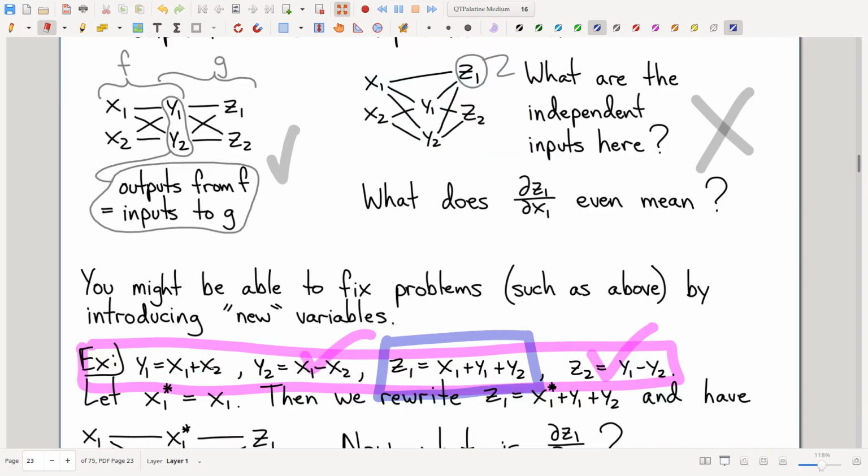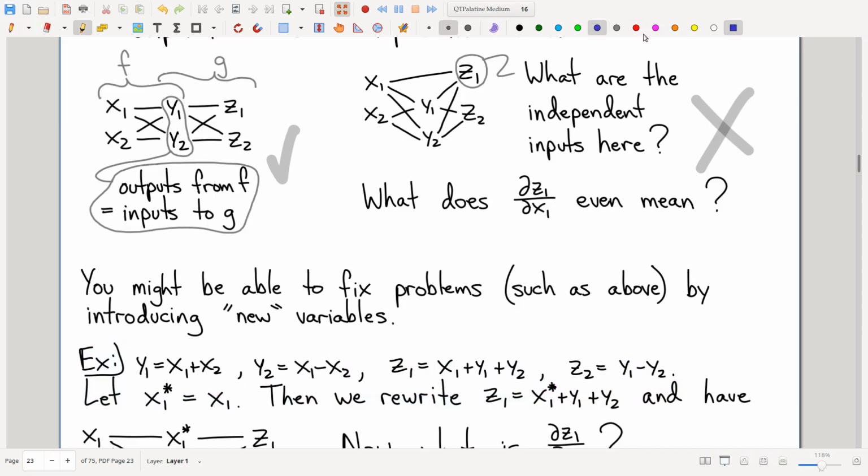We don't have a chain rule to address this. Roughly speaking, here's what I'm going to do. I'm going to create a new variable. I'm going to put it right there. The formula for that new variable is just x1, and you see that's what I've written down here. I'm going to define this new variable called x1 star. It's just x1. I'm not actually doing anything. Literally, the formula for it is x1. But by having a variable here that depends only on x1, the formula for which is literally x1, now